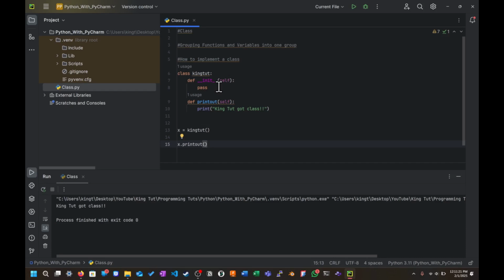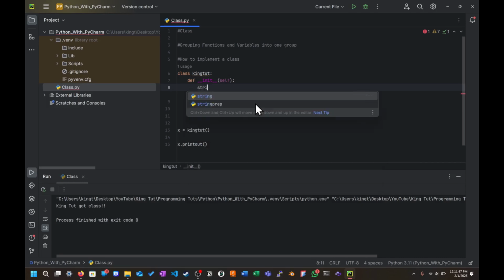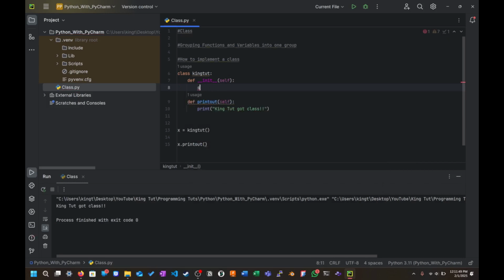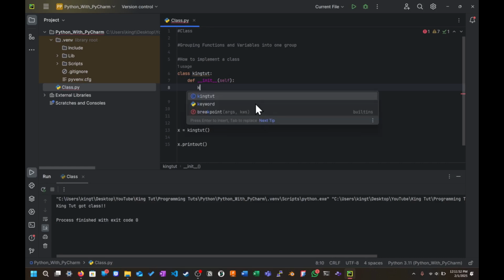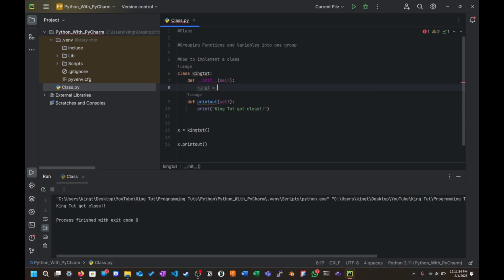And if you don't believe me about the variable part, let's take out the pass and initialize the variable. The constructor is here, so you can initialize variables or any values, but it's mostly going to be initializing a variable. So let's use kingt. Just make that a variable and make the string kingtut